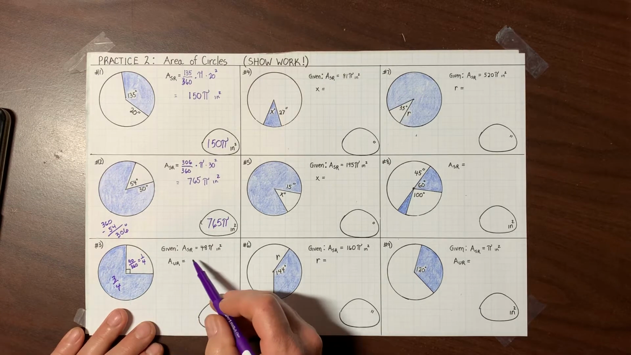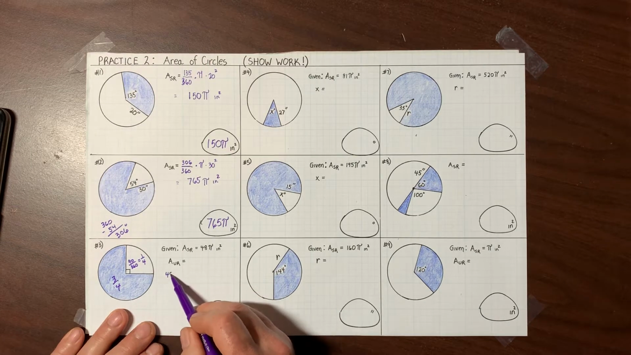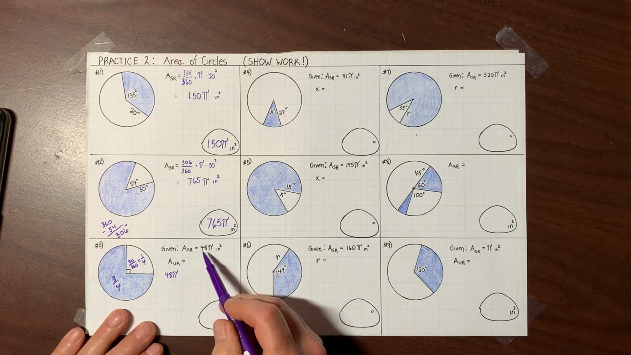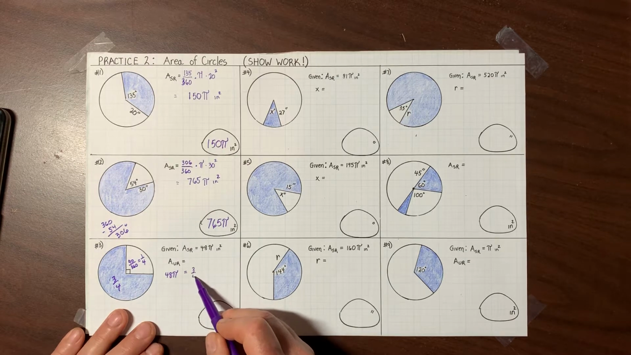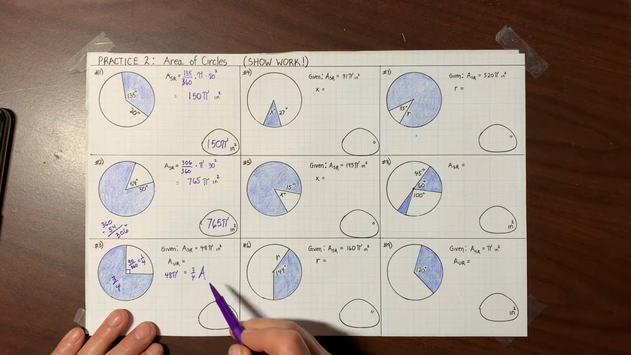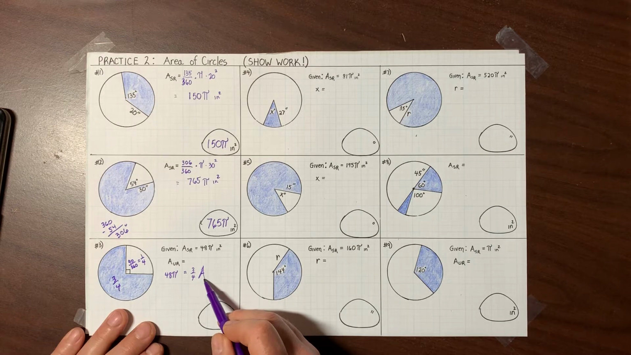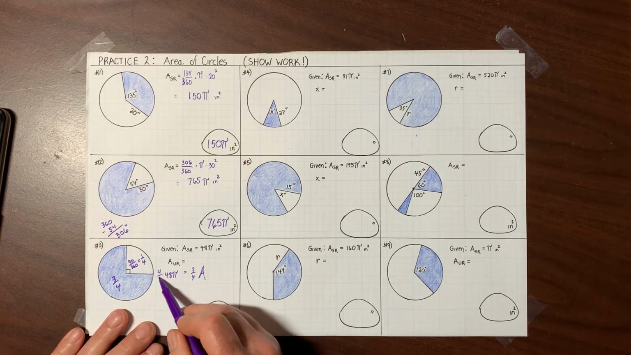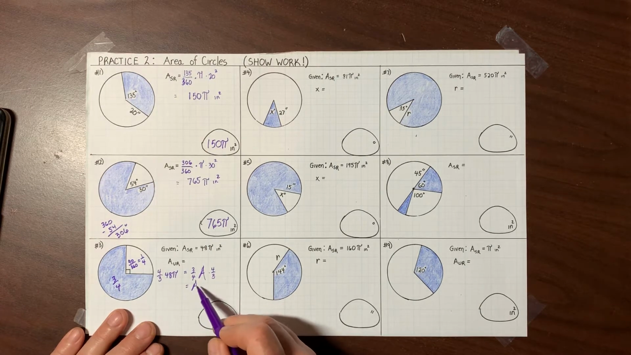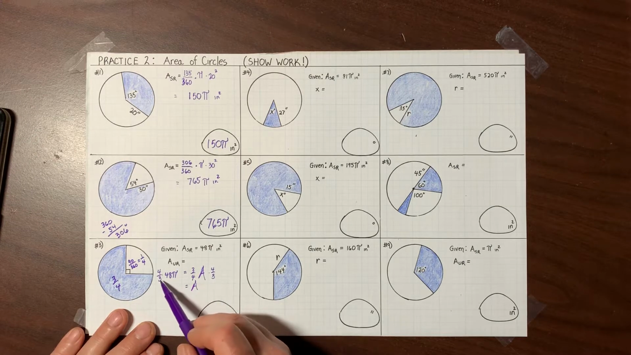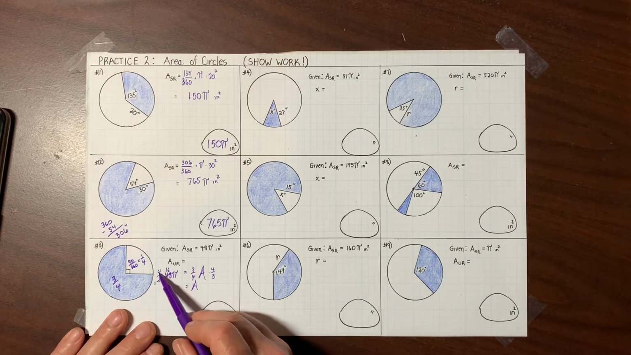Well, here's what I know. I know that the area of the shaded region is 48 pi. That's given. That would have to equal 3/4 of the area of the whole circle. So if I want to figure out the area of the whole circle, I would multiply by the reciprocal, 4/3, on both sides of this equation. And this A stands for the area of the entire circle. So let's see, 3 goes into 48, 16 times, and then 4 times 16 would be